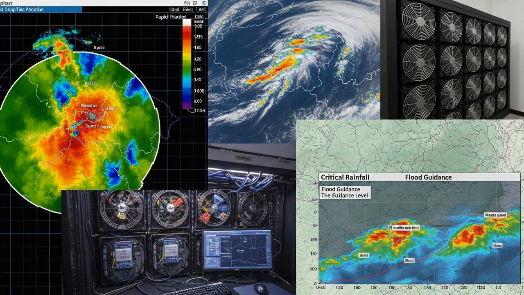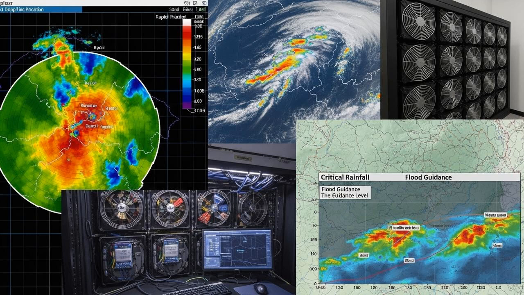estimates. Satellites are our eyes in the sky, providing a broad view of weather patterns and helping forecasters spot the signatures of developing storms, especially over the ocean or in areas with limited radar coverage. All of this data is fed into sophisticated computer simulations called numerical weather prediction models. These models run on supercomputers and simulate the physics of the atmosphere to predict where severe weather is likely to occur. As computers get faster, these models can run at higher resolutions, allowing them to capture the small-scale features that